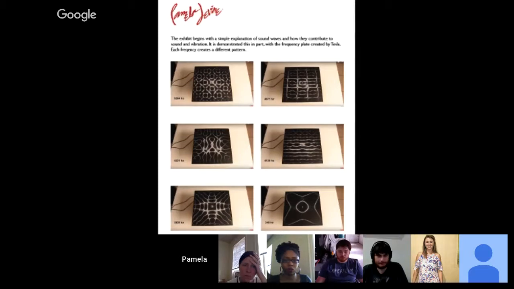This will be the beginning of the exhibit that explains in a simplistic way sound waves, that they're an actual thing, how they contribute to sound and vibration, and then it is demonstrated in part with this frequency plate created by Tesla, and each frequency creates a different pattern. So it's the beginning understanding that there's movement going on that we can't see, a lot like the wind.